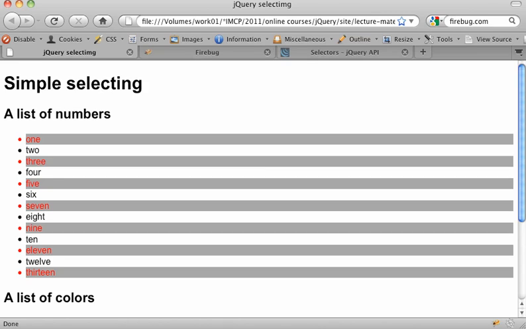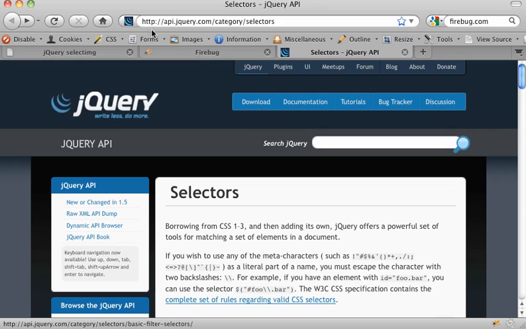We've just spent a little bit of time working with jQuery and using various selectors to be able to manipulate our page. Before we go on any farther, I just want to point out some resources that'll be helpful to you. The first one is finding out which selectors you can actually use. If you visit the jQuery page and search for selectors, or you can come to this web address right here,